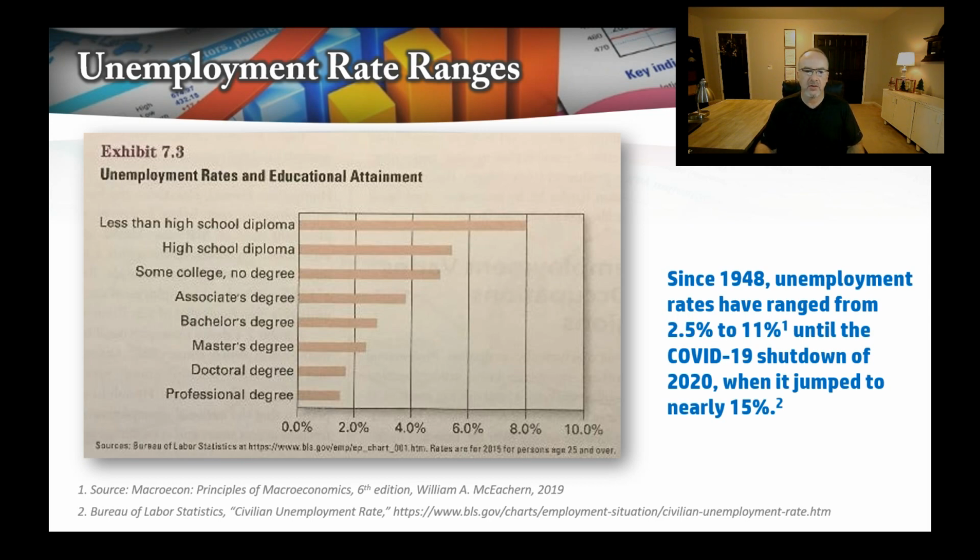We're simply trying to show you that the more education you get, the more employed and employable you will be, even when things slow down. So here we have an 8% rate of unemployment for those who do not have a high school diploma. But if you get up to a bachelor's degree, you're less than 3%. And if you get a doctoral degree, you're under 2%, and a professional degree, which is doctors and lawyers and